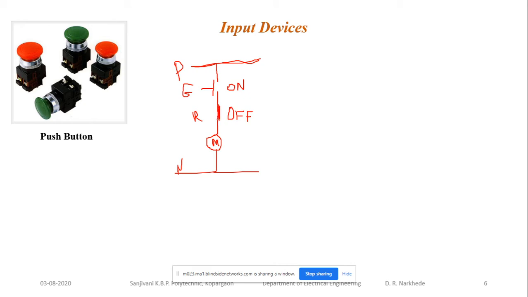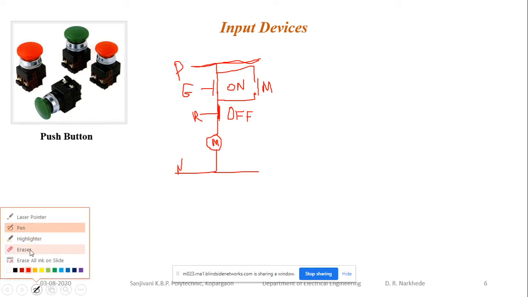So this is my NC type off switch. So if I want to maintain the on state, I will just put one auxiliary contact of M1 over here. Auxiliary contact म्हणजे काय, हा NO type contact आहे मोटरचा. So when this motor starts, at that time this contact will close. After pressing this button, the path will complete and my current will flow through this direction, and the motor will energize.